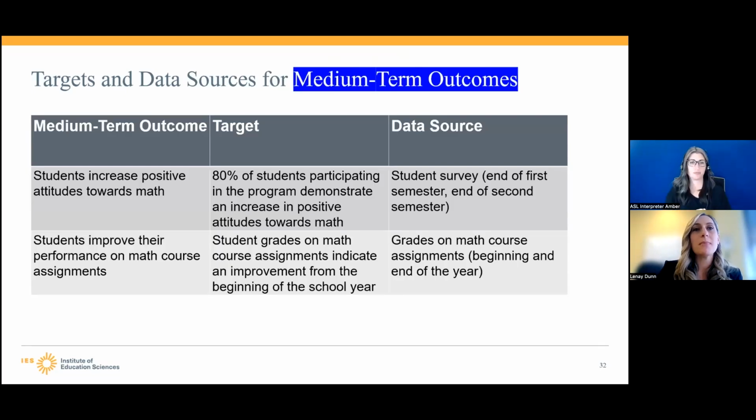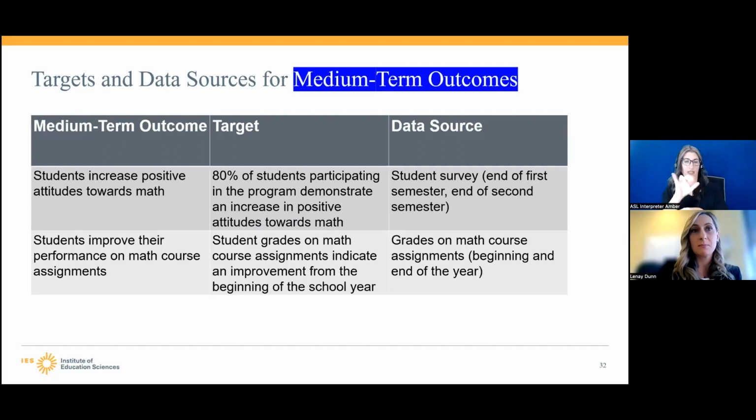As we move to medium-term outcomes, that is really, again, a change in actions or behaviors. And so those kinds of data sources in K-12 could be grades. These could be changes in teacher practice. These could be policy changes. These could be other indicators that people who have increased knowledge or skills in something are acting on that increased